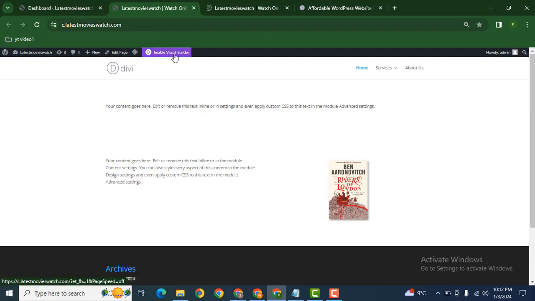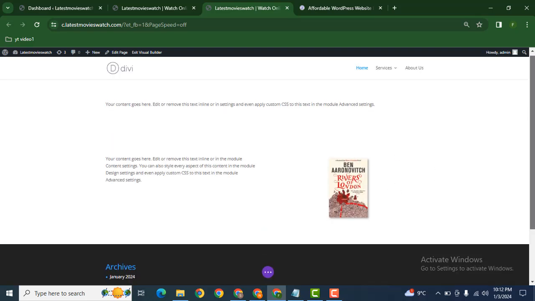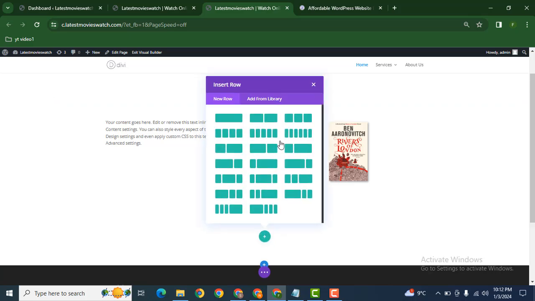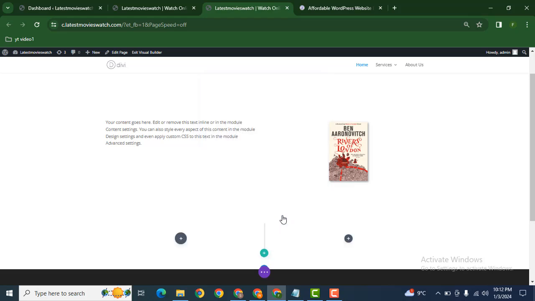So let's edit one of the pages with the Divi Visual Builder. Here you can see the Divi builder is loading, and after that we can add a new section. Just click here on plus, and after that we can add a 2-column row,